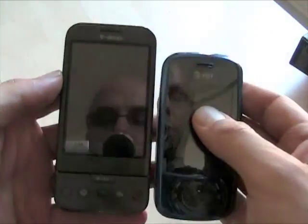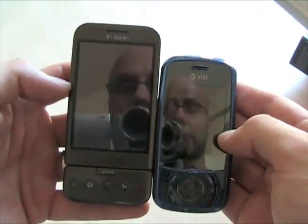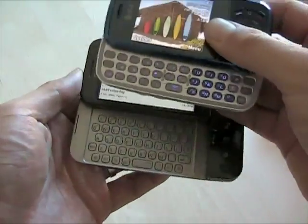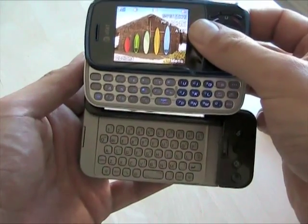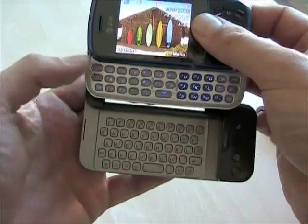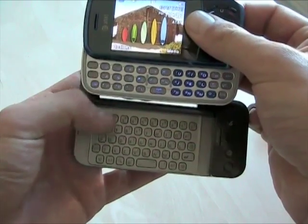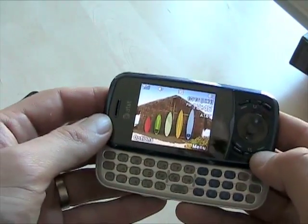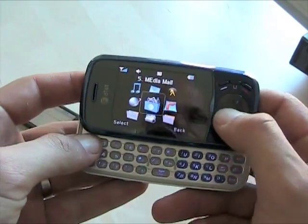And here's the T-Mobile G1, which, you know, obviously has a much larger screen, but just to show you the keypads, the Matrix, kind of a much more compact design, not nearly as spread out as the G1. But, you know, first glance, I'll do a quick little